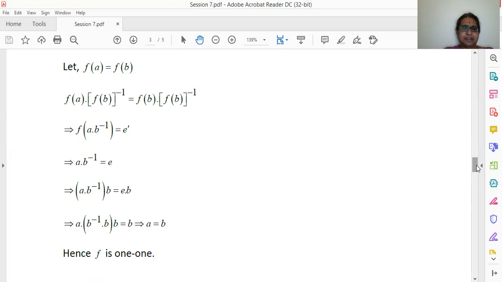So in this theorem, in the first part, by assuming that f is 1 to 1, we have shown that the kernel consists of only the identity element e. Conversely, by assuming that the kernel K consists of the identity element e, we have shown that f is 1 to 1. And here we have applied the definition of homomorphism and used the basic properties like post multiplication and pre-multiplication of the element.